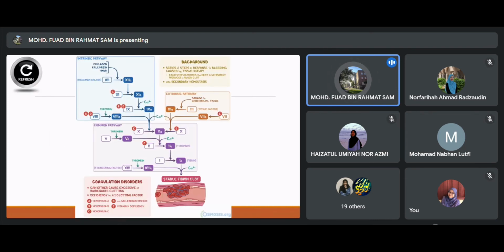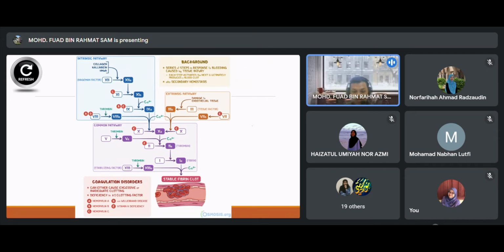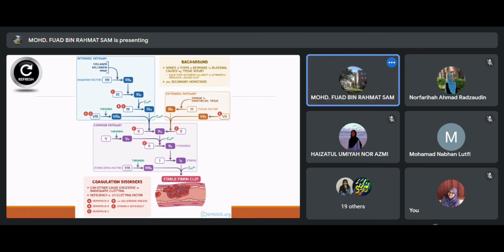Now, again, kita refresh lagi about coagulation cascade, coagulation pathway. Coagulation pathway cascade ni is very complex, but at the same time it's very interesting. Okay, now my question is, based on this figure,